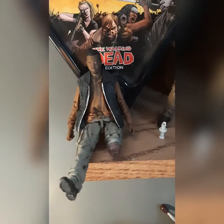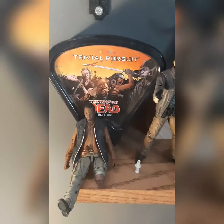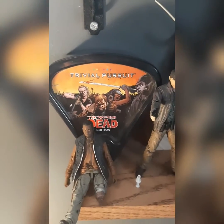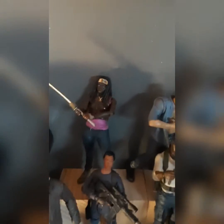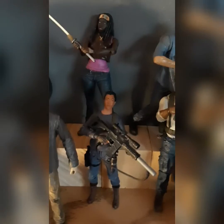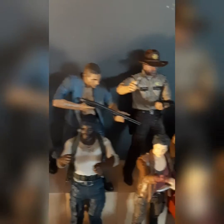We got Bob, and he's leaning on a Walking Dead comic trivia card game, which I'm not a really big comic book person when it comes to The Walking Dead, but I've read them every now and then. Got Gareth, Michonne, Sasha, Tyrese, Shane, Rick, police officer Rick, Carl, Carol, T-Dog,